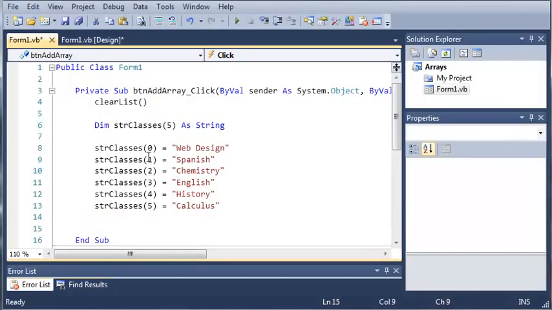Okay, so now that we've set a value for each one of the items in our array, starting at 0